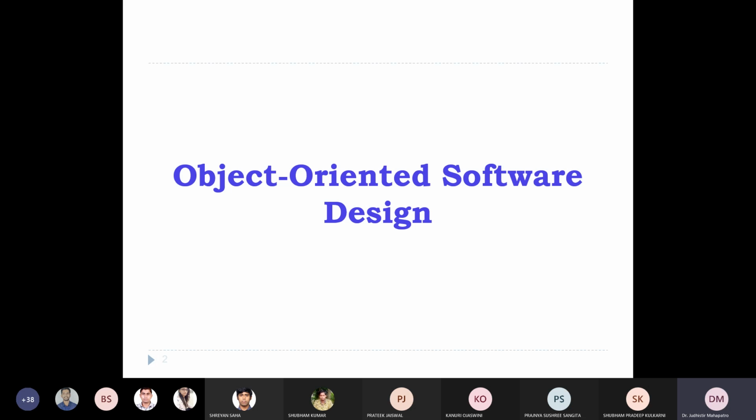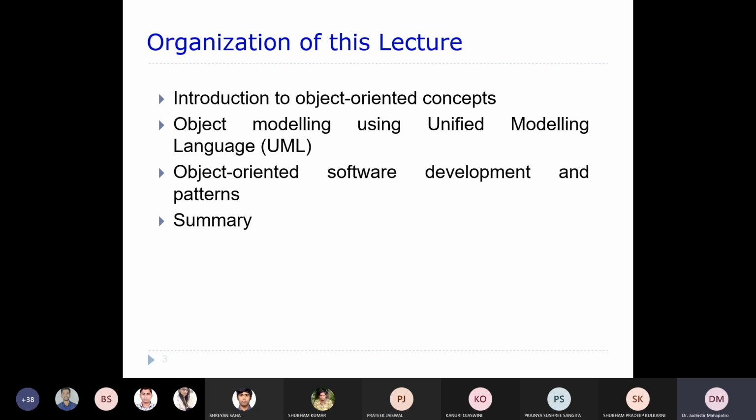Okay, so far we have discussed the function-oriented software design. From now onwards we will talk about object-oriented software design. I told you these are two different approaches, right? We have discussed the function-oriented one, so in this lecture